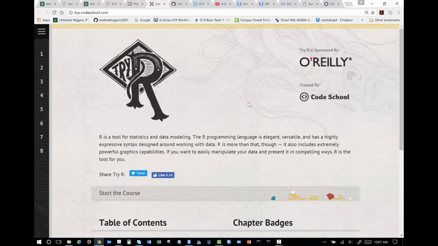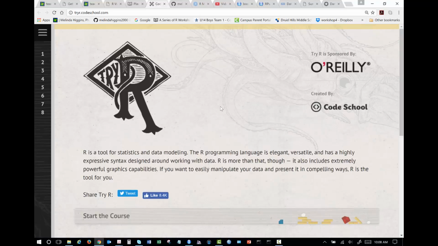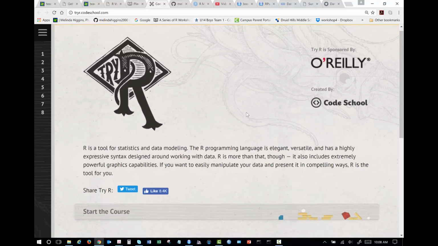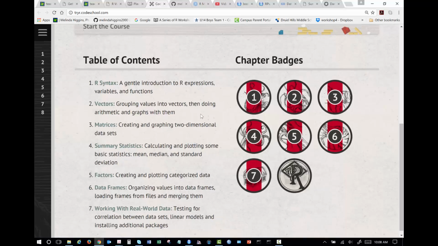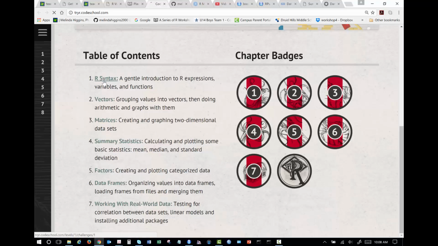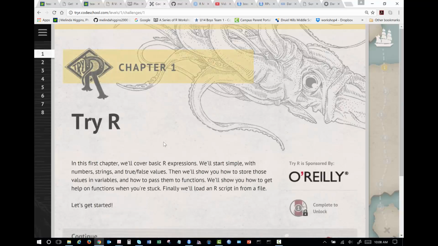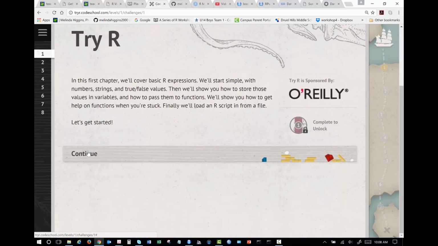This is actually done by O'Reilly, which has a lot of fantastic books for software and programming. And when you go through it, if you sign in and create an account, you can track your progress. You get these cute little badges as you complete each module. You don't have to do that. But if you click on one, it'll walk you through and say, let's get started.